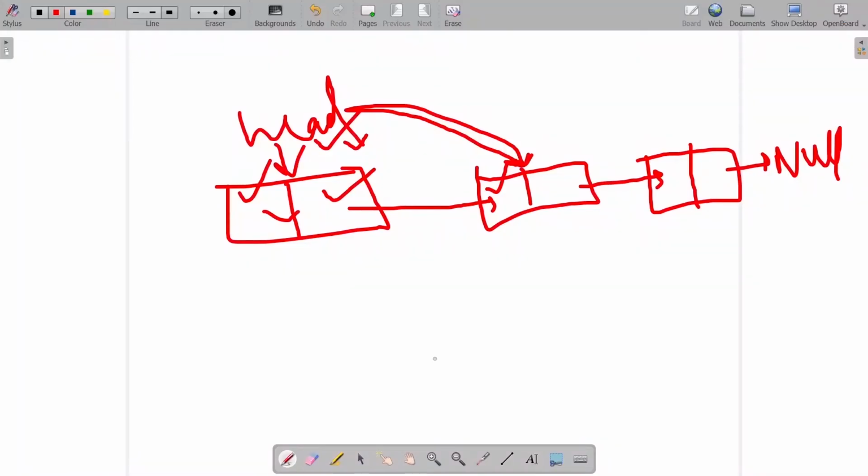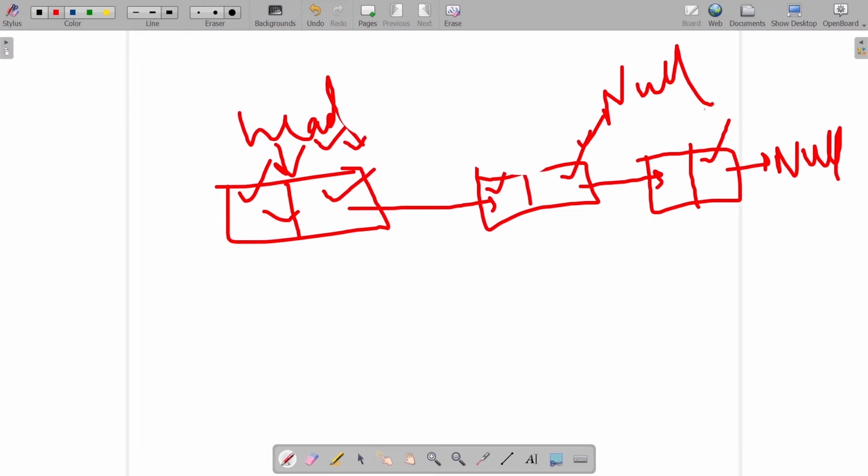Okay, suppose we want to delete a node from the last position, the end position. So this is the node which is in the last position. We have to delete this. It is simple, right? Because we have to do nothing, we just have to make the next pointer of this node null. So for that we have to go through a loop. Firstly we have to go through a loop to find the last node, and we have to maintain a temporary pointer or previous pointer also to store this node,